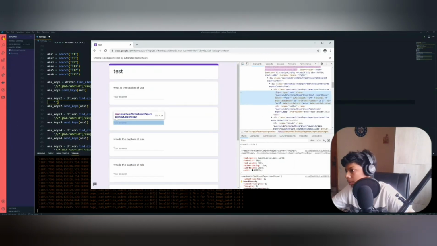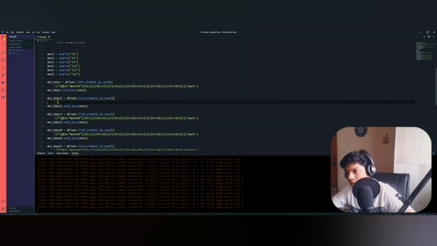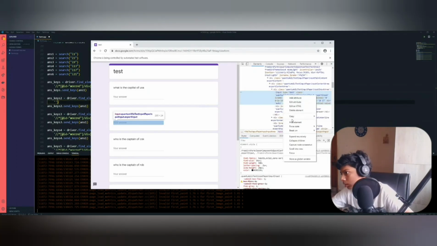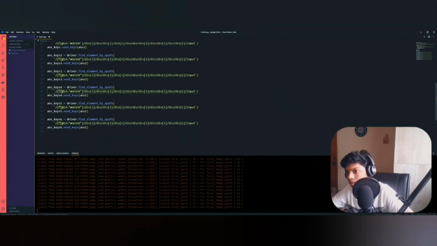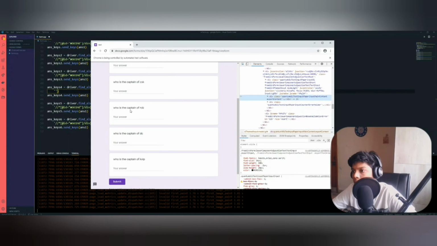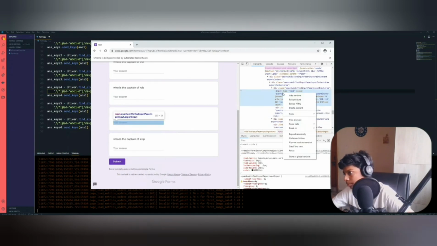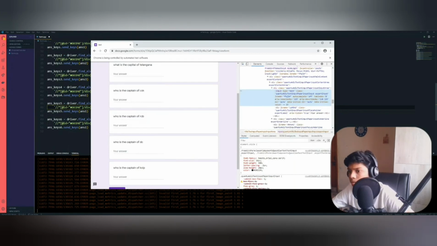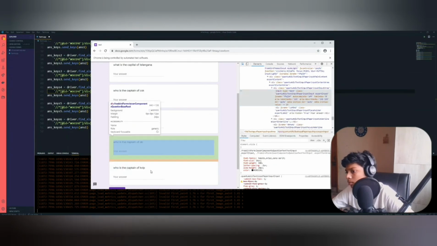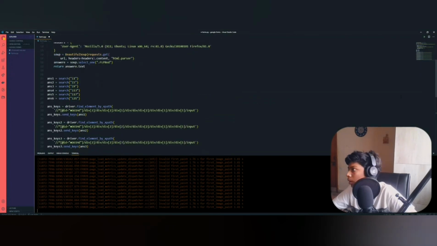So just copy this XPath and paste it over here. Time to check if our code is running correct or not.